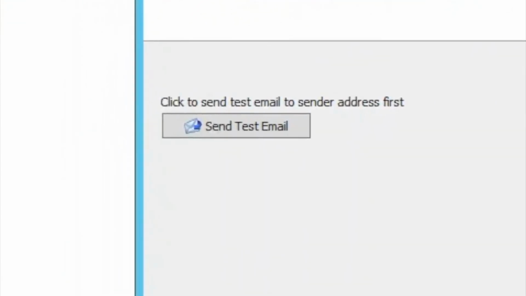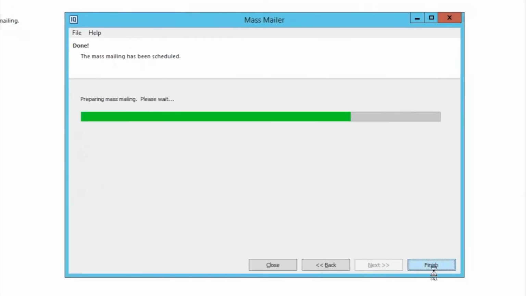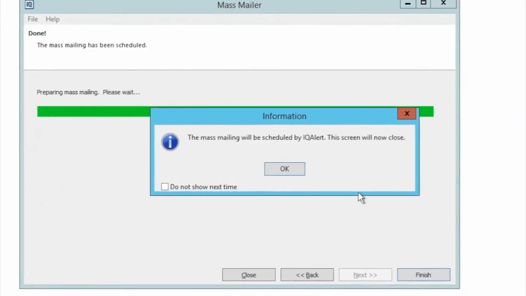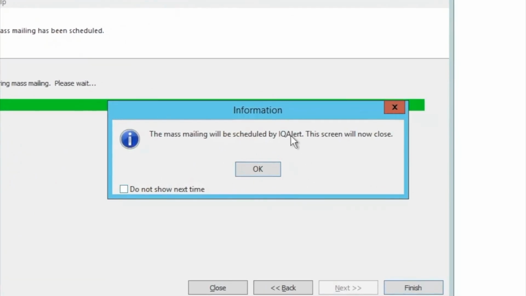A test email can be sent to ensure the email and its content is accurate and formatted correctly. When the user is ready to distribute the email, they will then select Finish at the bottom of this window. Based on the IQ Alert option we mentioned earlier, the email will either be sent immediately or at a later